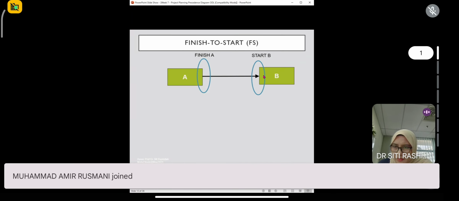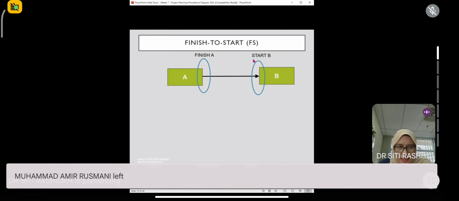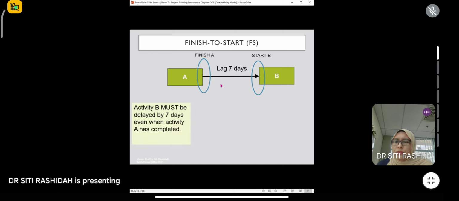Okay, finish to start. Maksudnya di sini, if you have activity A and activity B, so what it means by finish to start adalah it affects the finish of A and the start of B. Sebab tu kita panggil finish to start. Okay, so apa maksudnya di sini? Maksudnya, you boleh lagkan dia sebanyak berapa hari lah. It depends on the activity, the nature of the activity. Okay, so in this case,